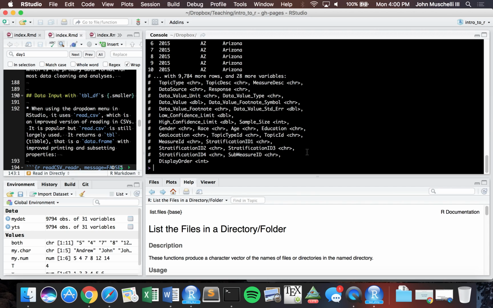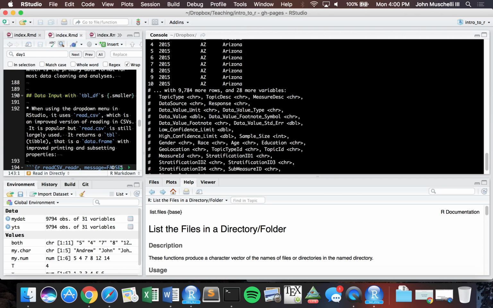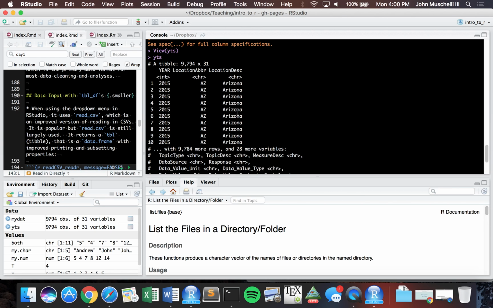Okay, so let's see. We've read it in, we've viewed it, and it's given us this thing, I'll call it. What this is technically described as is a tibble. That's the name they gave to this format. So traditionally in R, data sets are stored in these things called data frames. It's a frame of data, right? They're great. They work really well for models and all that kind of stuff. But there are some quirks that weren't